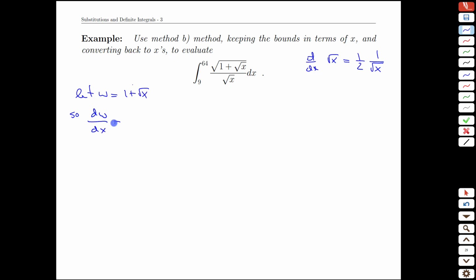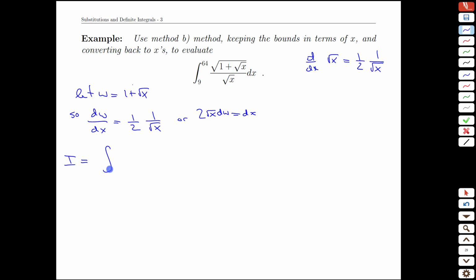But the process is take the derivative, and we just did a little side calculation there. The derivative of w with respect to x will be 1/2 x to the negative 1/2, or isolating for dx, we'd actually bring things up this time. We'd have 2 root x's times that dw. So, rewriting our integral now,